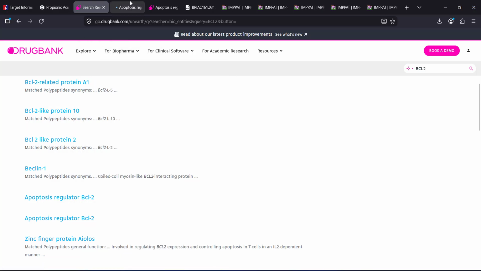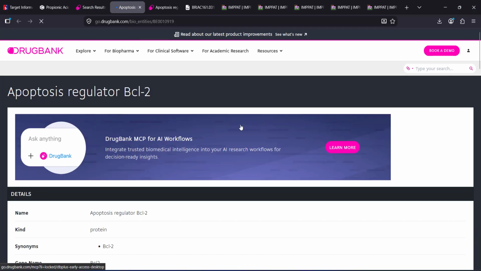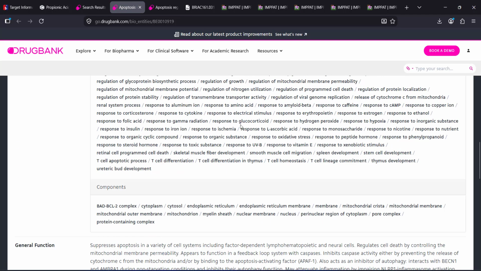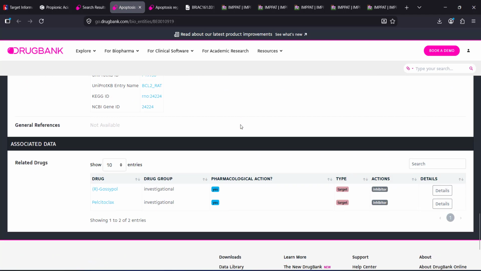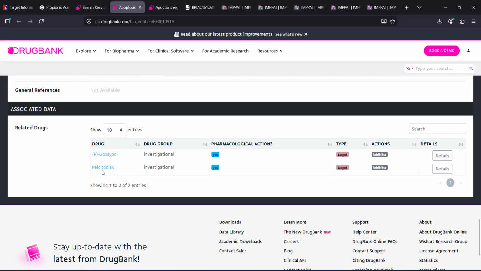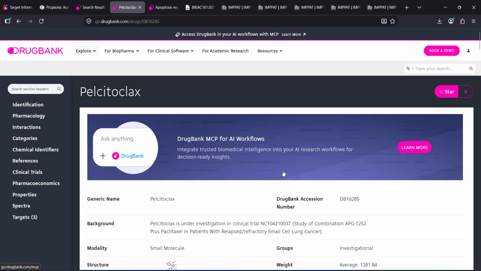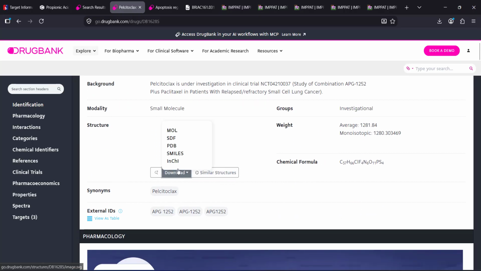So we select one of these links, and downstairs it will give a list. See here the palitoclax, that is one of the drugs we have listed. So we can check the drugs here. We click this particular drug and we will get the SDF format, SMILES, as well as PDF format